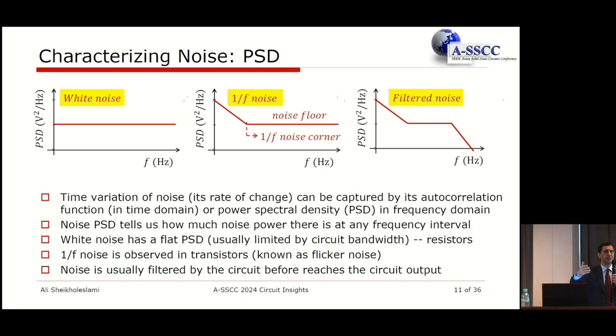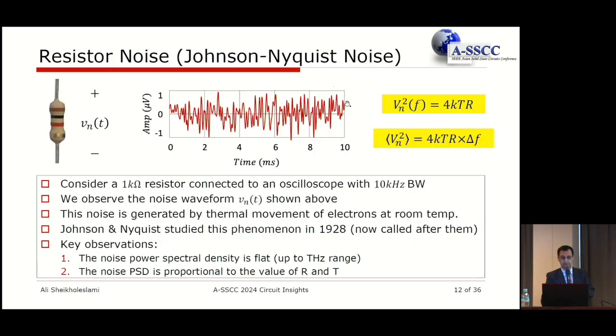And in the third one, we say, okay, what if I have a bunch of circuits, transistors, resistors, and now I look at the output? What would be the power spectral density of the output look like? And as you can see here, it will look like the one that's shown. So let's look at a resistor a bit deeper here. I'm just showing you a symbol of a 1 kilo ohm resistor here.